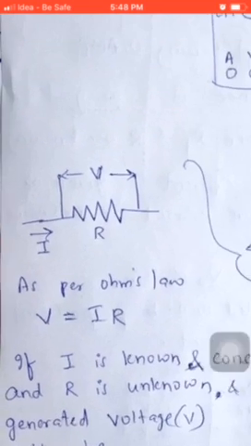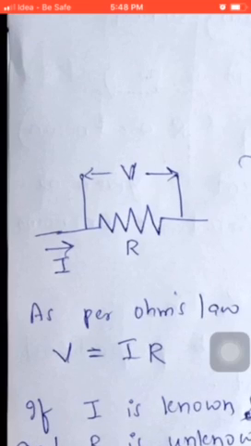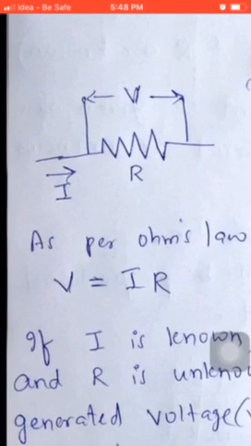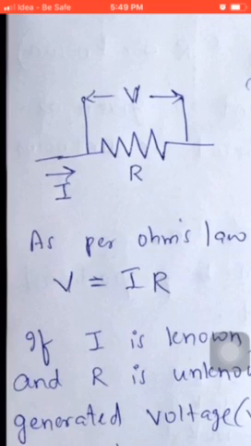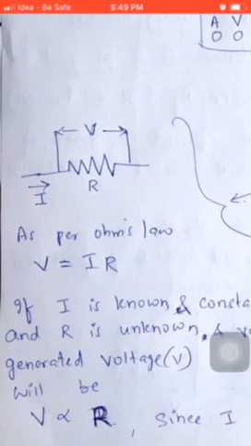So that is what I mean to say in this circuit, that if I pass a known current I through an unknown resistance, because I is known to me, it's but obvious V will be directly proportional to R, which means that this circuit will help me in converting the unknown resistance R into some equivalent amount of voltage. That is, whatever is the value of the resistance R will be converted into an equivalent amount of voltage which is developed across the resistance. So let me just read through whatever I've written here.